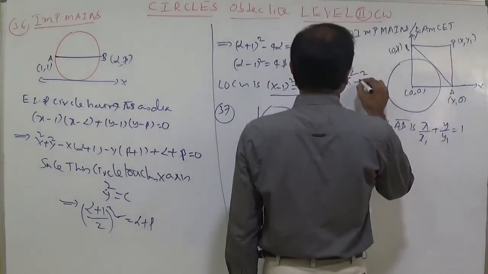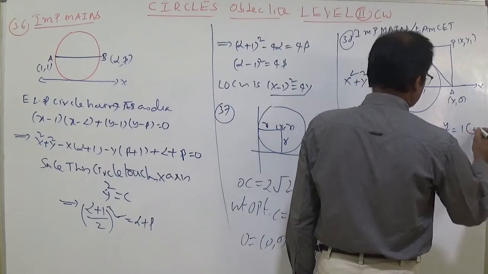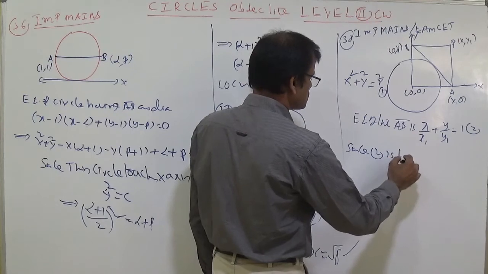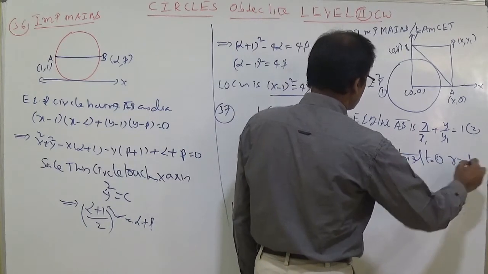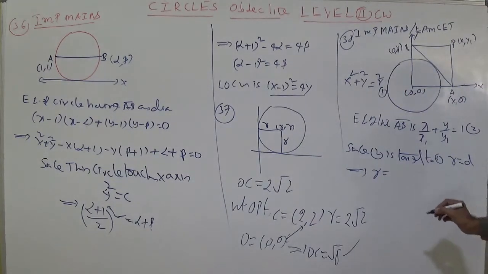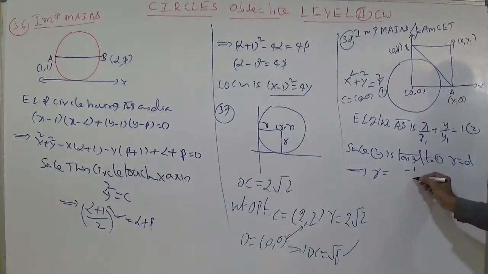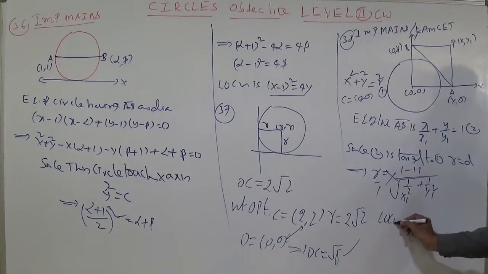For the circle, this is the tangent to the circle x² + y² = r², call it 1. Put this as 2. Write the condition: since 2 is tangent to 1, use r = d. What is r? The radius of the given circle is r. What is d? The center C is (0, 0), and d is the perpendicular distance from the center to the line: |c| / √(a² + b²) = |−1| / √(1/x1² + 1/y1²). Take r by 1, cross multiply, and you write the locus directly.